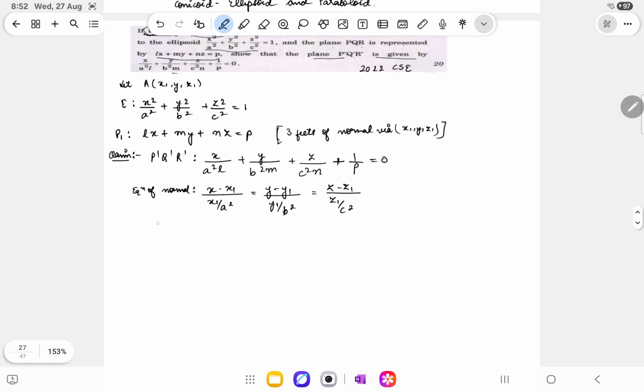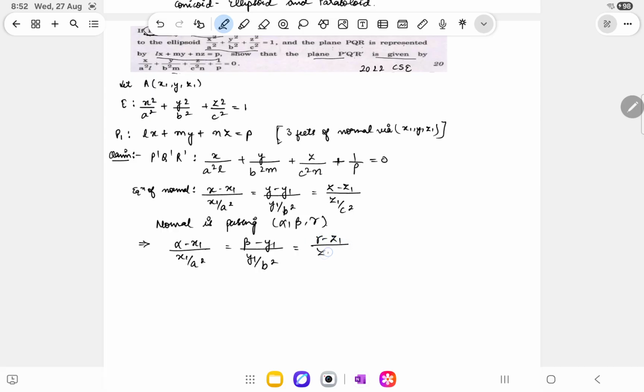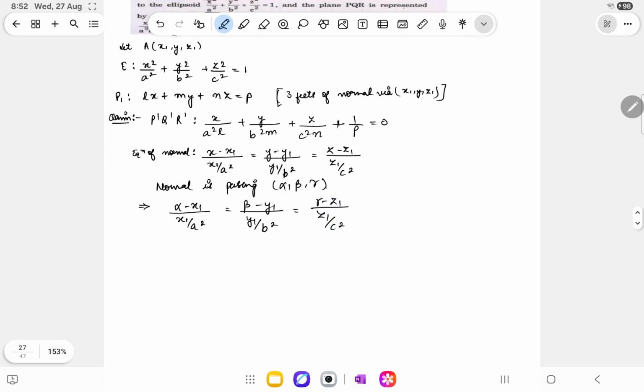So if this equation of normal is passing via point alpha comma beta comma gamma, then it will be basically (alpha minus x1) upon x1 by a square equals (beta minus y1) upon y1 by b square equals (gamma minus z1) upon z1 by c square. So if this is equal to, let's say, lambda,